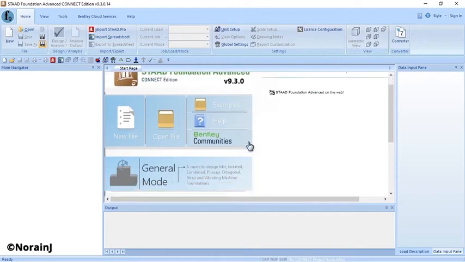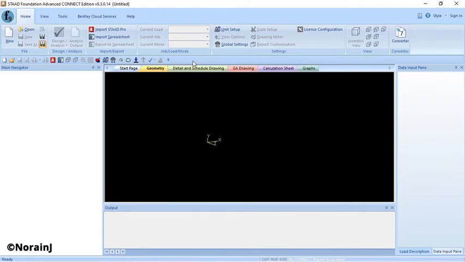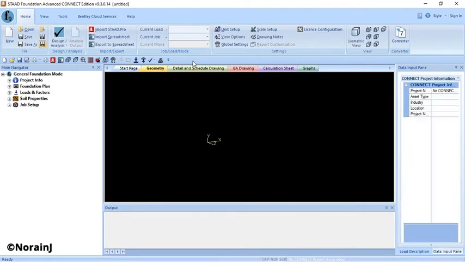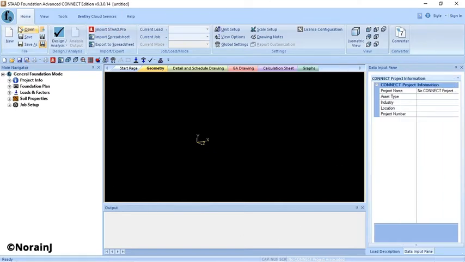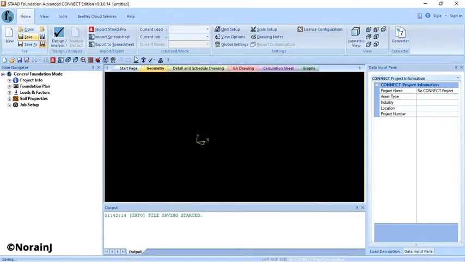Where we click first on the software and click a general model. In this video, we just use a simple calculation for a foundation. Firstly, we click save and create the file name for the calculation analysis that we are going to create, which the name is foundation column analysis. Click save, and then we move to